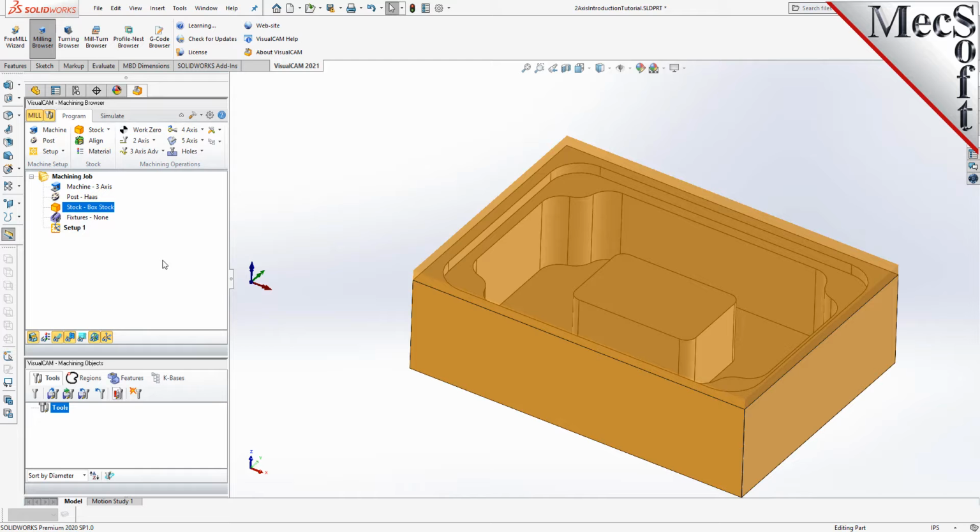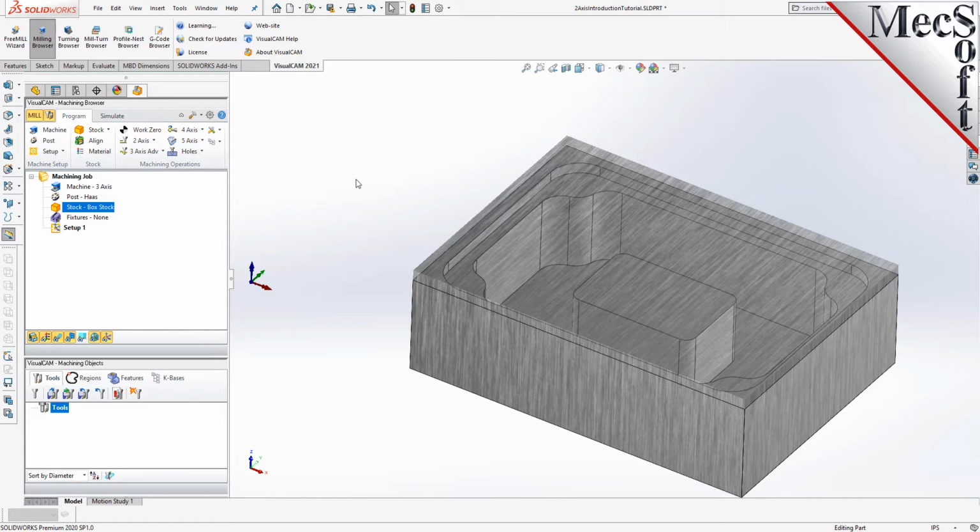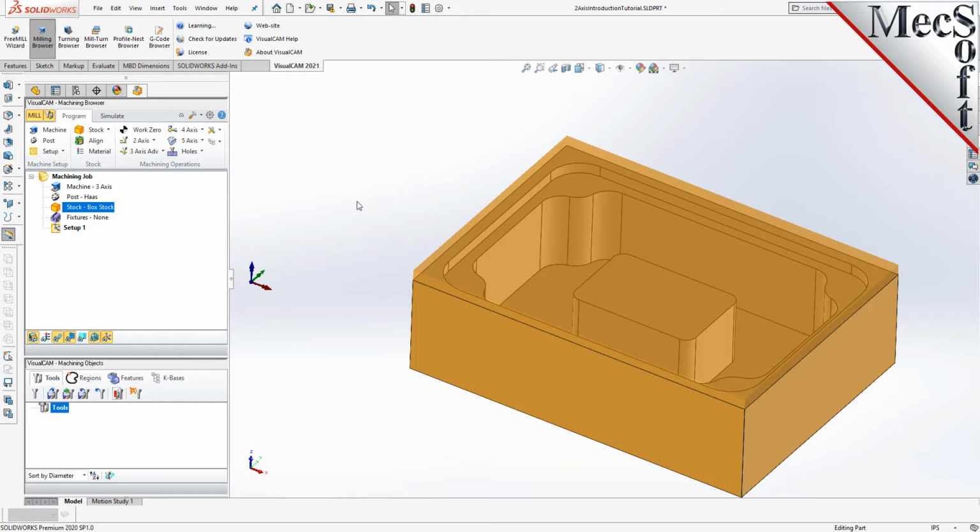If the material texture does not display on the stock, select the Material Texture Visibility icon located at the base of the machining browser. Material texture is only for display purposes, and for this part, we will leave it toggled off. Now that the stock is aligned to the part geometry, in this step, we will establish the work coordinate